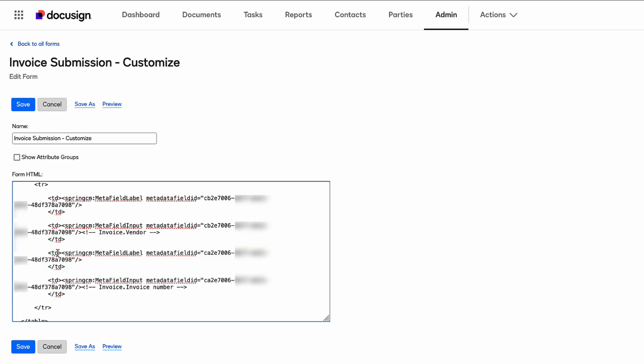So in that first TD tag, after the D and before the closing chevron, I'm going to put a space, and I'm going to specify class equals double quotes initialHide. And remember, that's camel case. And then down in the next TD, I'm going to do the same thing, space, and then class equals double quotes initialHide, and end the quotes. So again, this is only in the opening tag, not in the closing TD tags. And I'm going to go ahead and save these changes.